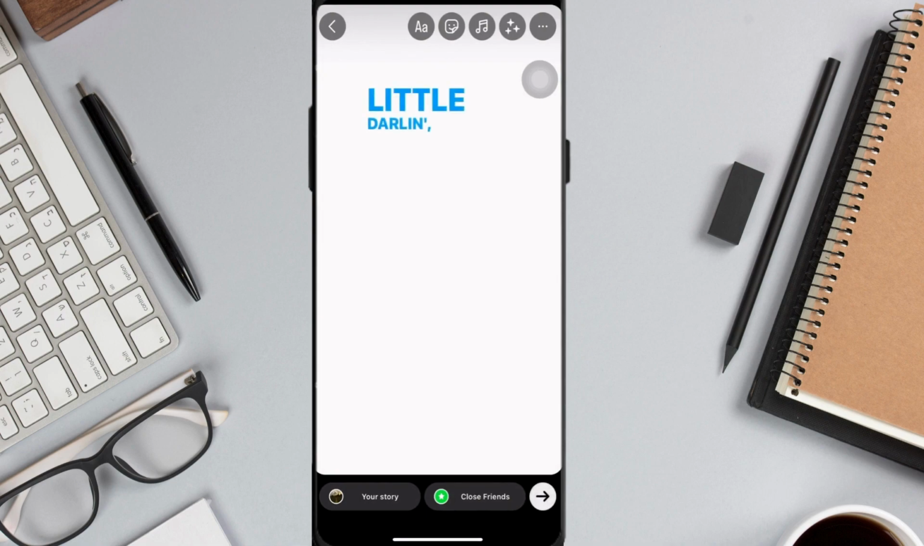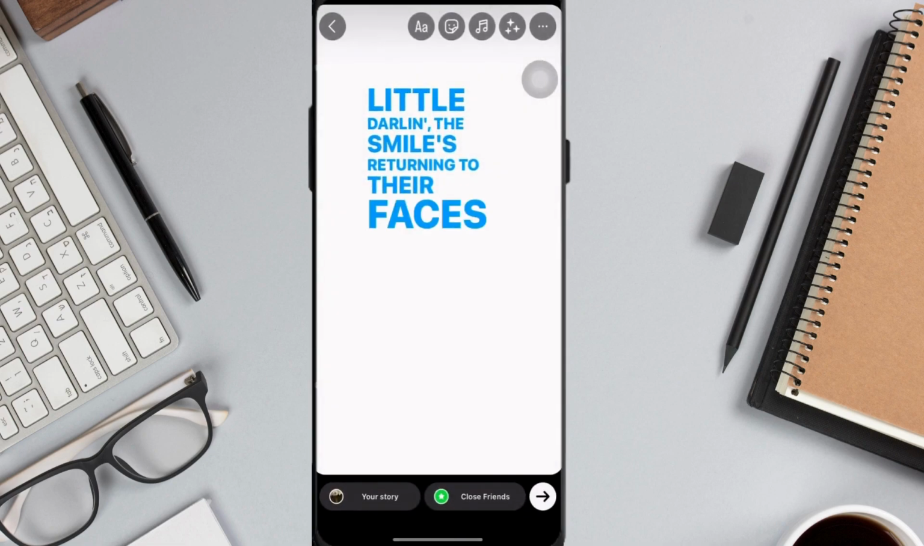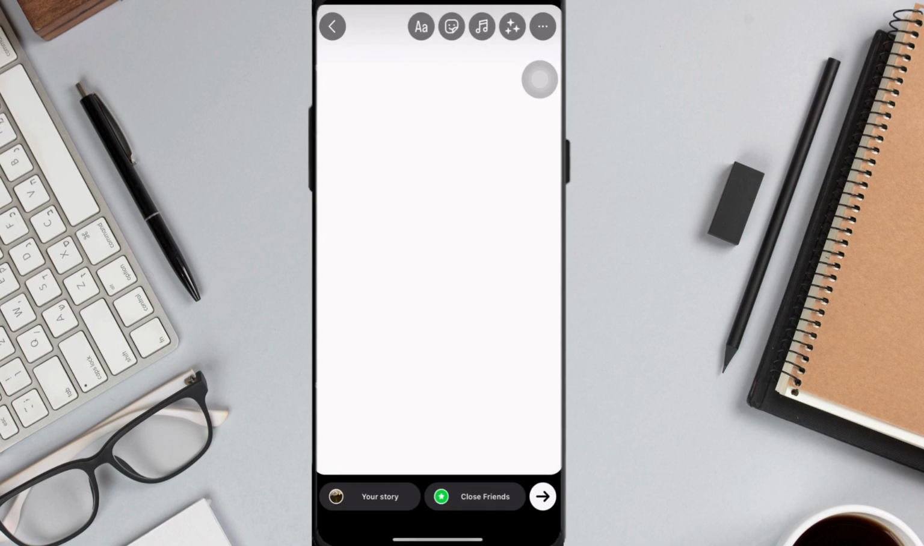When your story is ready to share, you may choose to post it to your close friends or to all of your friends. And you may do that by selecting the appropriate button in the mouse